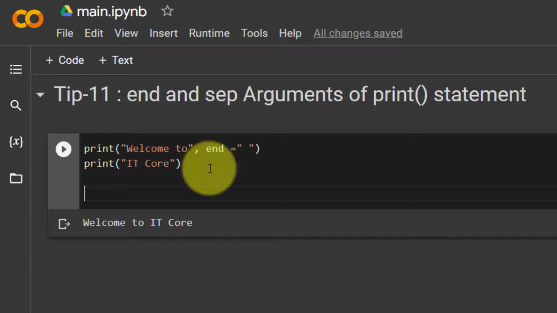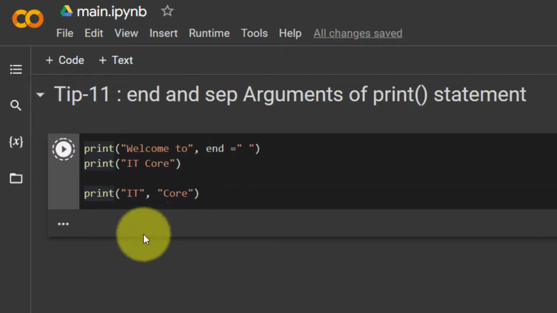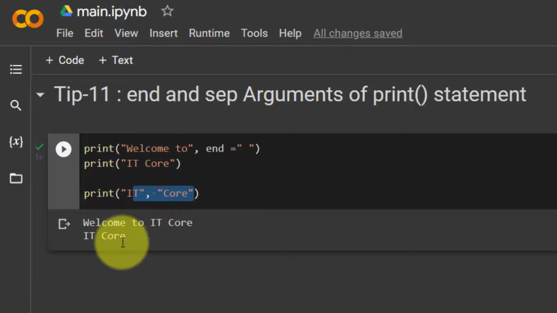Also, print statement has sep argument, which stands for separation. For example, if I have print statements with different variables, for example, IT and also core. If I run the code again, you can see now IT core print at the same line without separated by